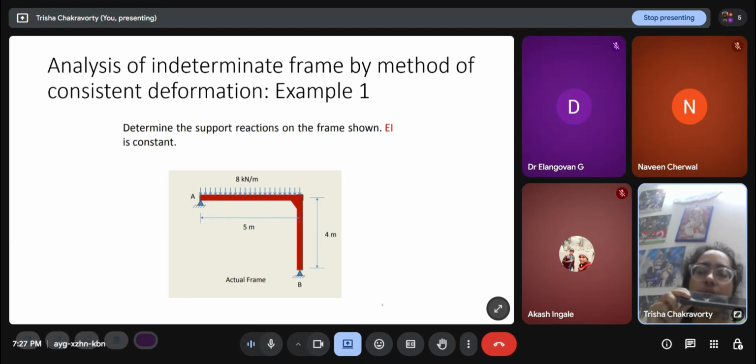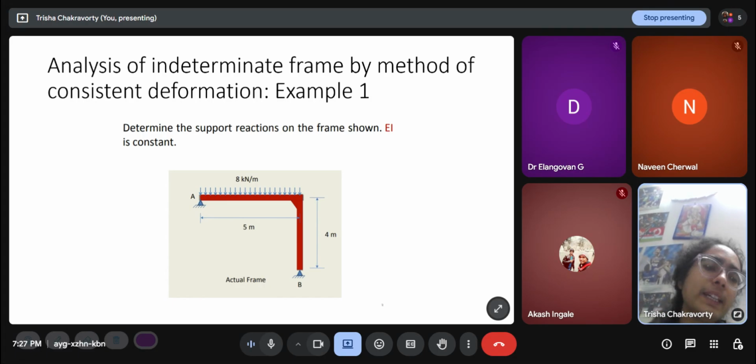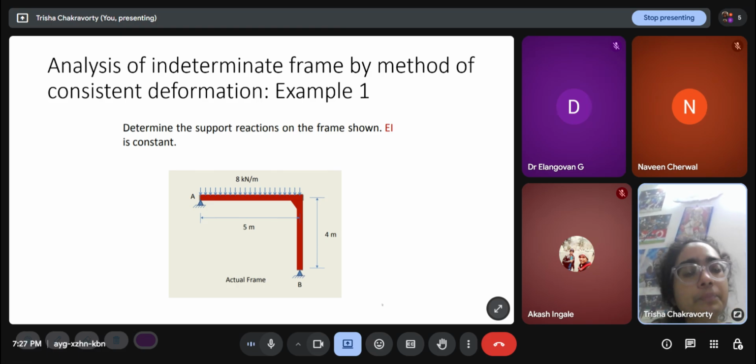If this is a beam or a frame element, this is the cross section. So this width times this depth is the cross sectional area, and moment of inertia is BD cubed by 12 for rectangular section. It has different formulas for different shape sections, but generally these are rectangular sections. B is the width, D is the depth, and it is proportional to D cubed. So that's why depth of beam heavily influences the flexural stiffness.